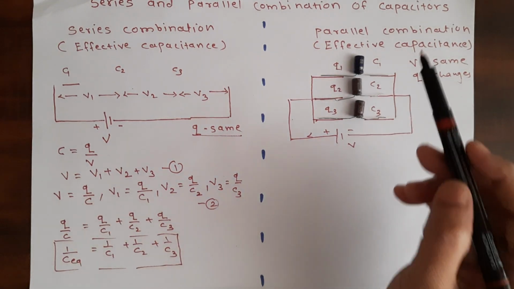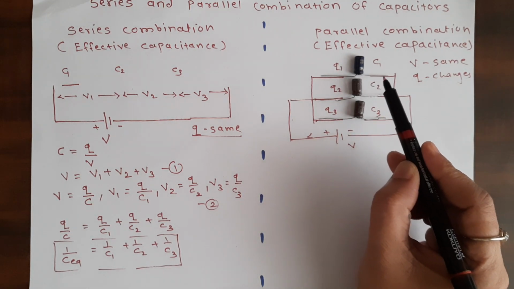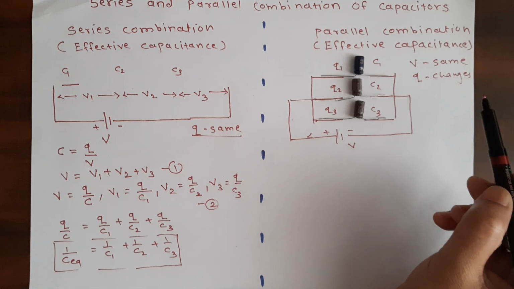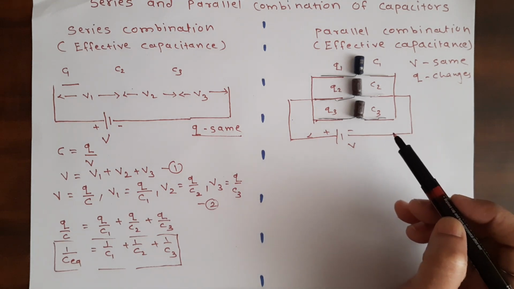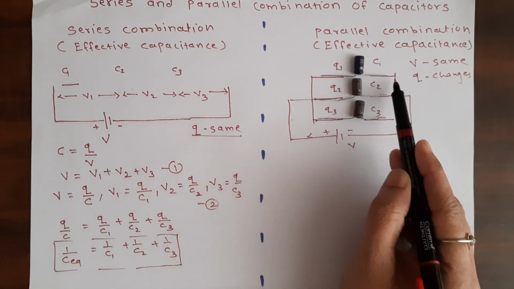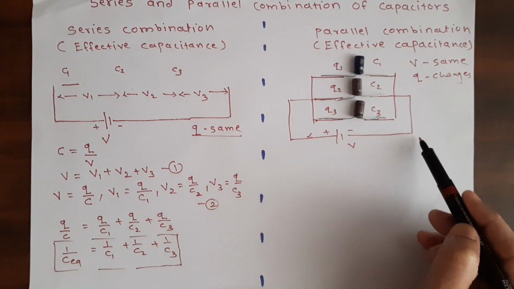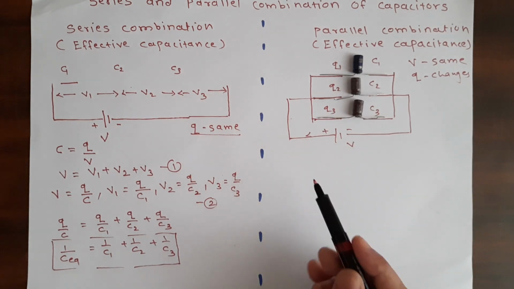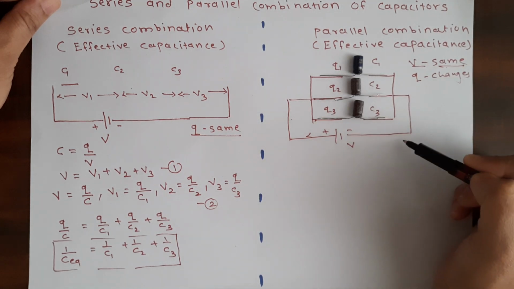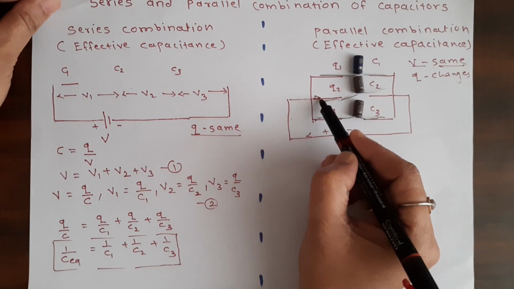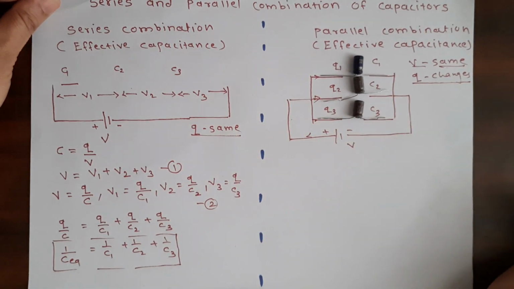Now we will discuss the parallel combination of capacitors. To find the effective or equivalent capacitance for the parallel combination, the arrangement is like this. In this, we observe that each terminal of each capacitor is connected to the external source. So the endpoints are similar, so the potential is the same across every capacitor. But due to the change in path for every capacitor, we get a change in the value of the charges.